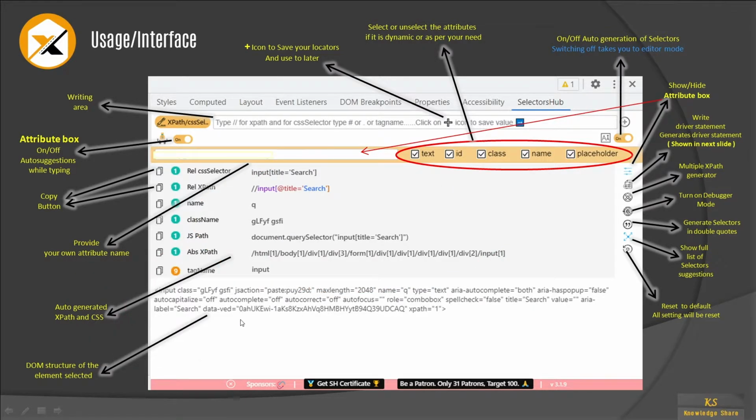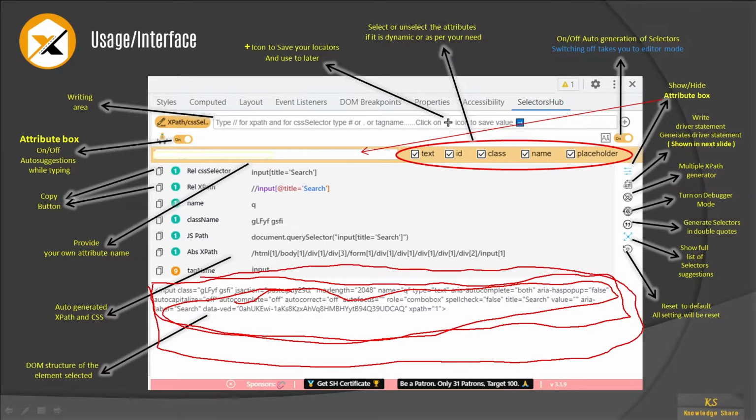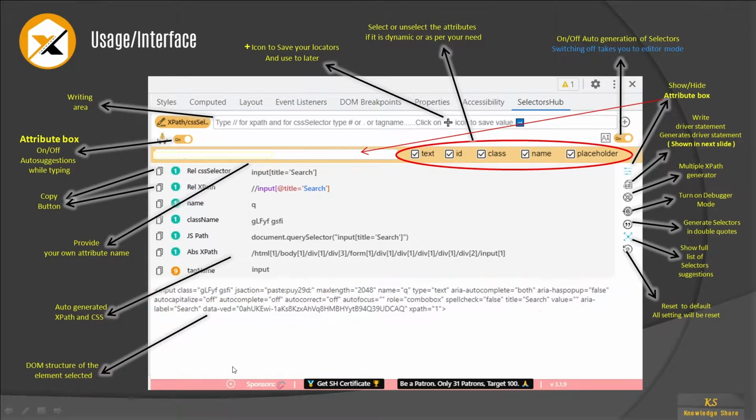Okay, and then this is the DOM structure, the area which you are seeing here. It will generate the DOM structure here. You can see what attributes are present, and if I can use any other attributes for the inspected element. You can observe all the path here, so you don't need to struggle to scroll up and down in the dev tools to look at your DOM structure. The element DOM structure is automatically given here for our flexibility. Okay, and then we covered almost the left part of the UI.